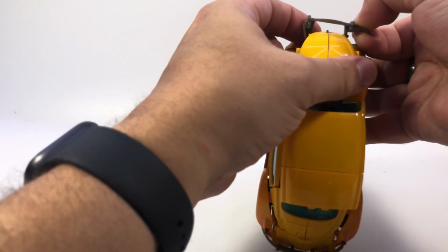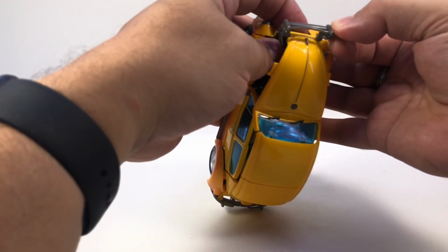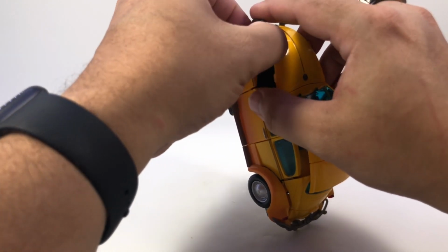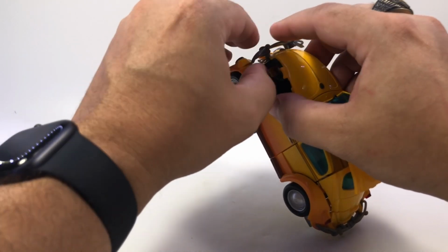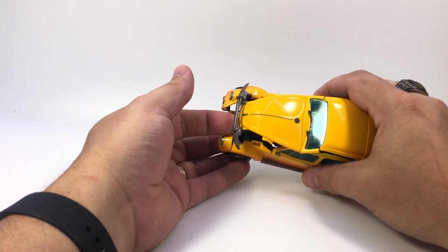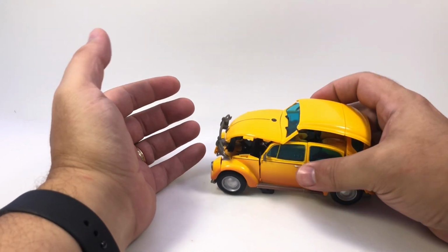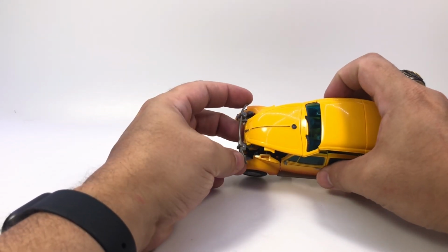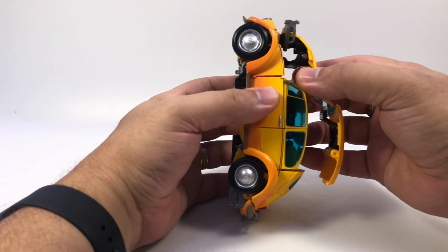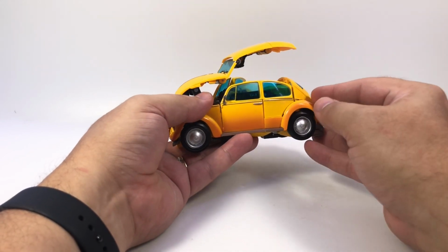So if you hold it right here when you're going up, it helps a little bit. Well, as you can see, not much. But if you put your finger there and get under there and lift that up, you can prevent it from popping off. It's probably going to, unless you just get the magical bumper, or you take matters into your own hands and actually glue this in, which I am hesitant to do. It's probably going to pop off on you, just FYI. But you fold those down like that, lift this up,